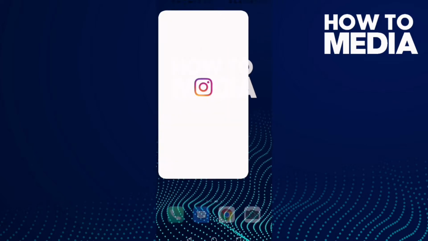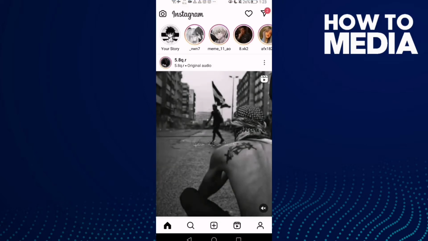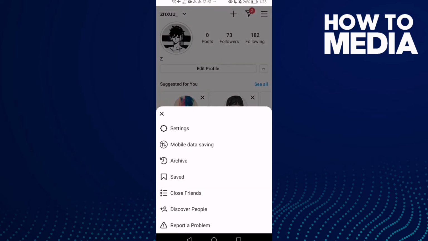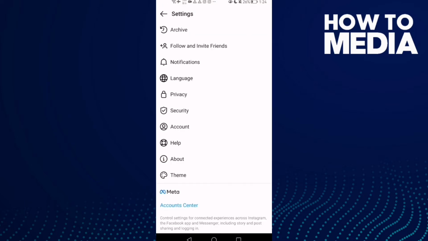First, open Instagram and now click on your profile, and here you will find these three lines. Click on it and then click settings, and here you will find privacy. Click on it